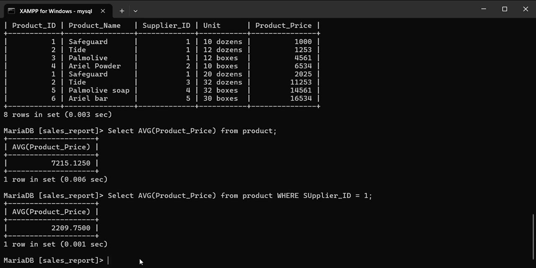For example number 3, we are going to use an alias in giving a name for our output column, by using the as keyword. So let's put it into action. We have select AVG product price as average price.